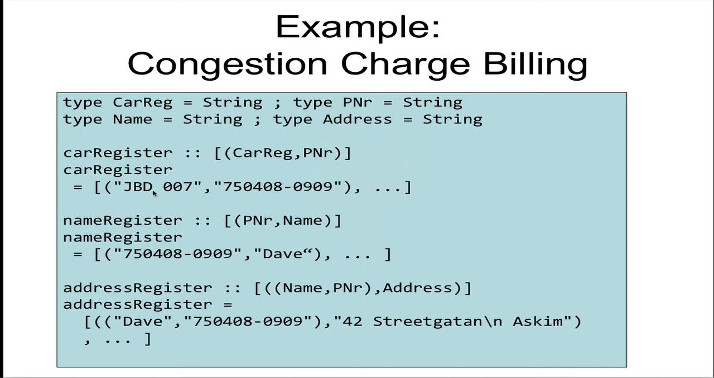So this is not Haskell, this bit here, but the rest is Haskell. Here's a personal registration number, and here's the personal number that corresponds to. And here's a possible name register entry. This personal number, that's Dave. And the address register, oh yeah, that's more like what I thought, it's more realistic. If you have both a name and a personal number, you can find an address. So if you have Dave and this personal number, you can find out where Dave lives, and you can then